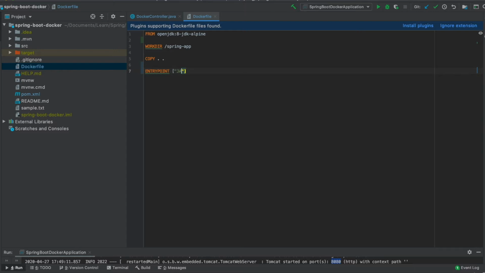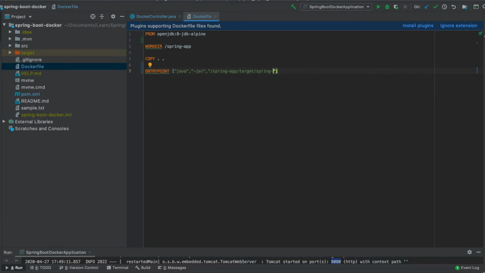We'll mention java as the first command, and the next command would be -jar. The next would be the application jar which is present inside spring-app/target, then the name of the application jar.